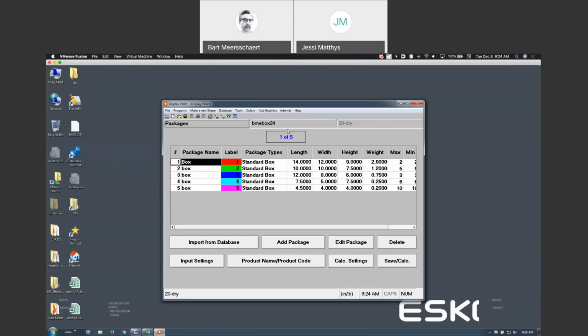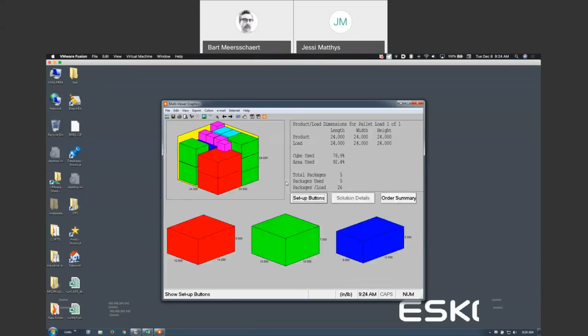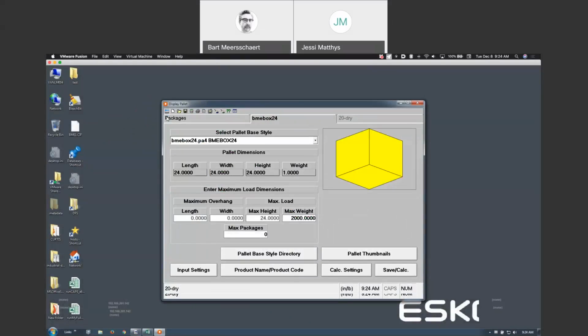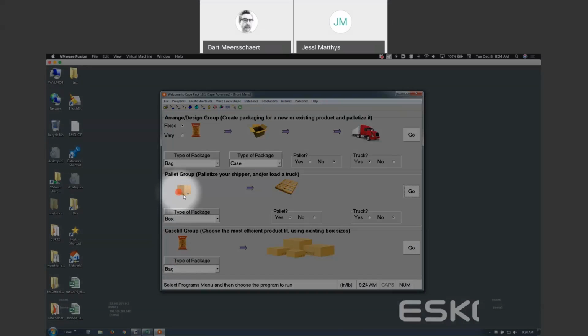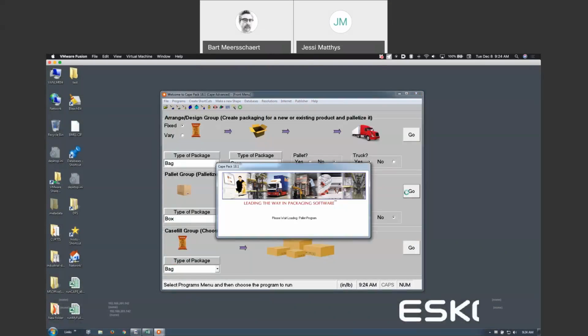All right. So the first step, what I just showed you, figuring out in this box, is it going to fit? After we do this exercise, we know it's going to fit because I see there's only one shipper required for that. And I know the dimensions of that shipper. With that information, we go back to the main screen and we use our pallet group where we can then take that shipper and put that on a pallet. And so that's a very standard